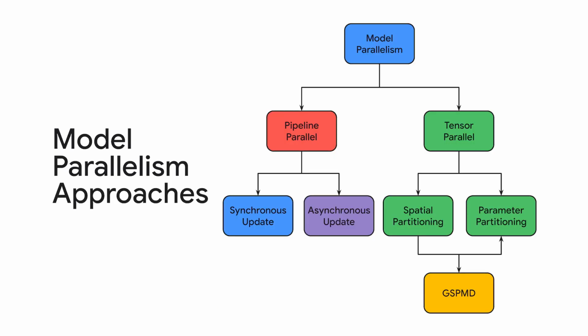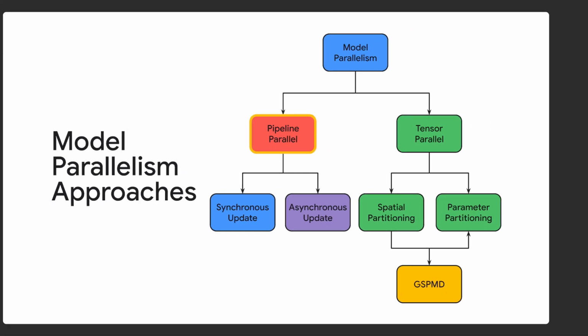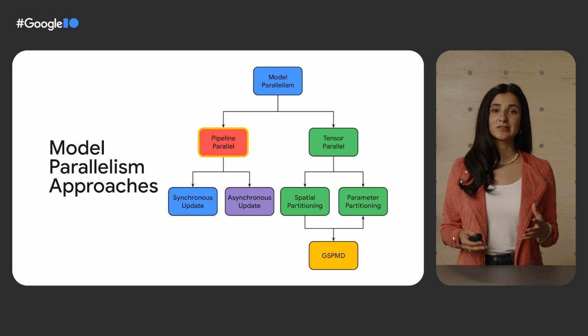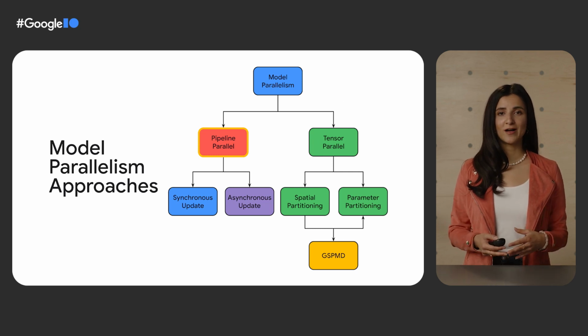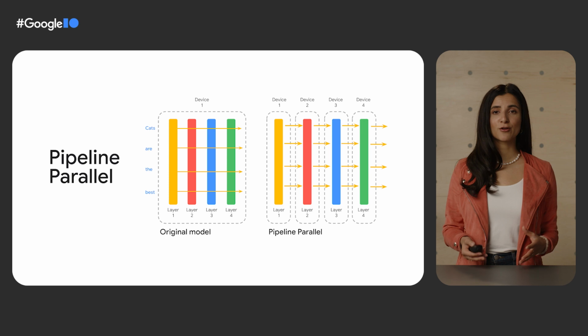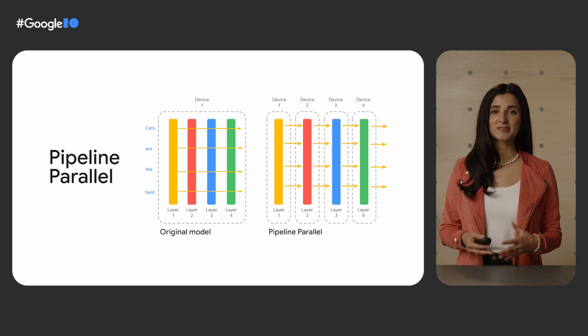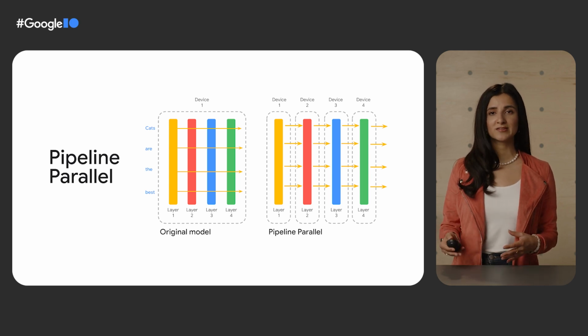So when we have a model that's too large to fit on a single device, how do we go about splitting it up? Here's an overview of different model parallelism approaches. A key difference in these approaches is the sharding or partitioning, which just refers to how you choose to slice the model. You can think about sharding your model layer by layer, which is known as pipeline parallel. For example, here's a model with 4 layers. You can see in the image on the right that we can partition our model across 4 devices, such that different layers of our model are on each device. Layer 1 on device 1, layer 2 on device 2, etc.